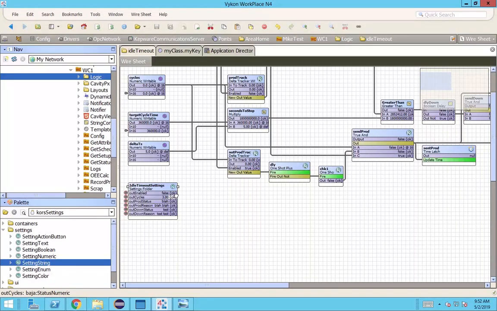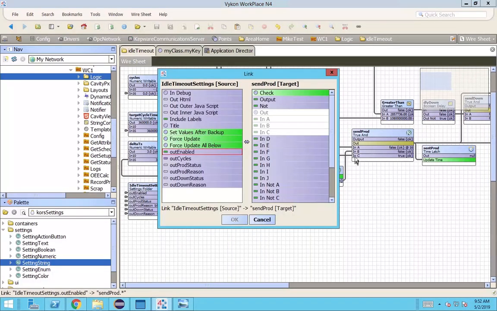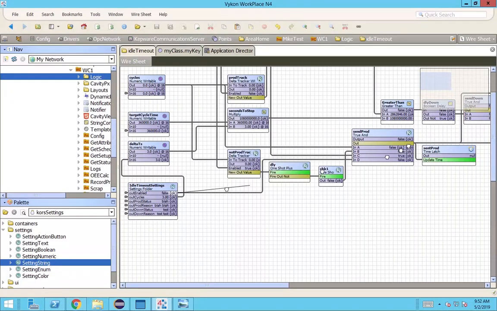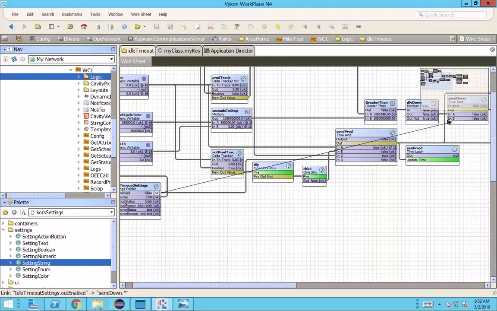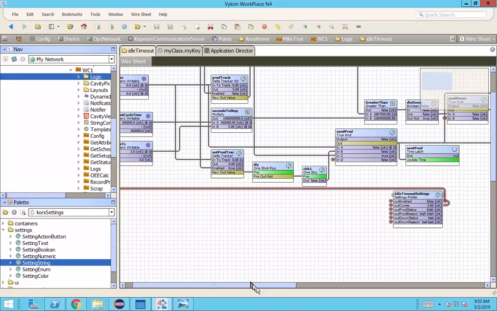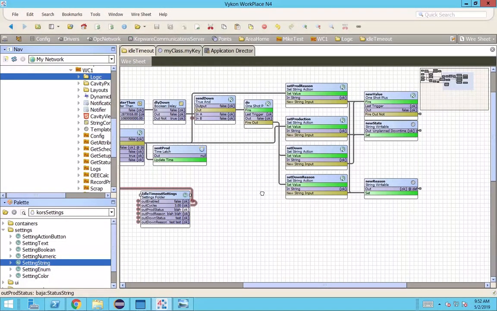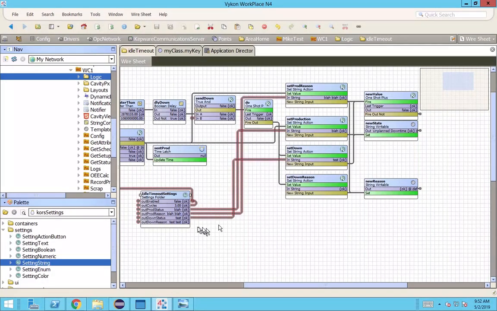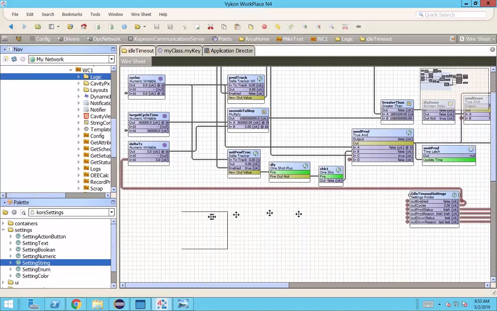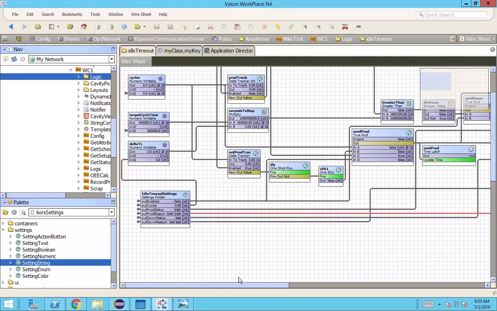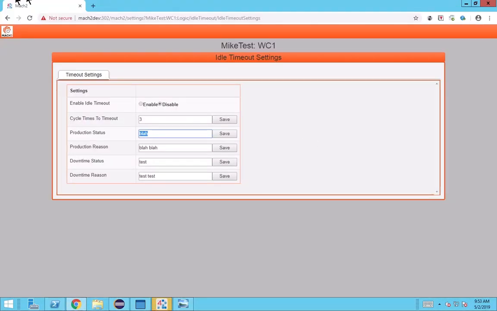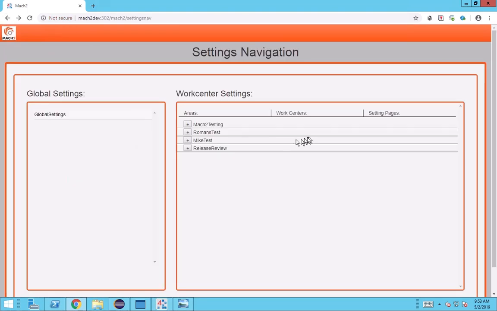So the last part is then to link it into my logic. So that was my cycle timer. My enabled goes here. Oops, here. And the last part is all my strings. My strings link into my logic here. And we're done. We have now created a custom settings page in Mach2, and that custom settings page shows up